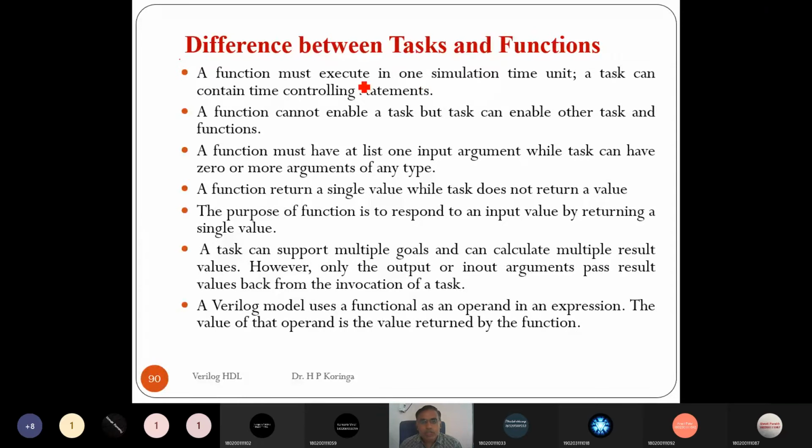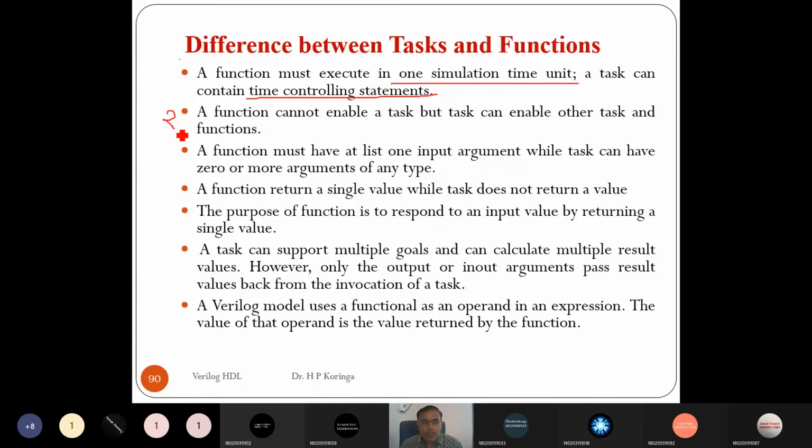A function must execute in one simulation time unit. A task can contain a time controlling statement, but inside a function we are not allowed to use any time controlling statements. So that is one basic difference between a task and function.